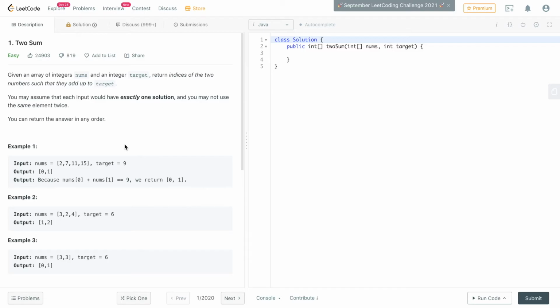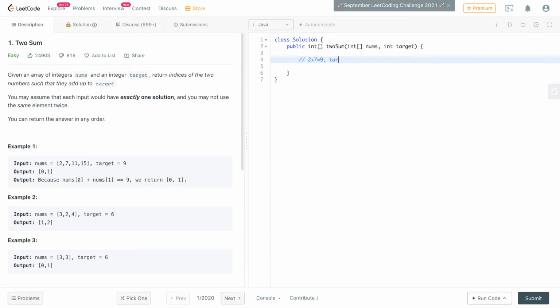What I'm saying is that if the first element is 2, and we have been given target 9, then the difference between 9 and 2 should also exist in the nums array for the sum to be present. For example, in the first example, 2 plus 7 makes it 9, right?